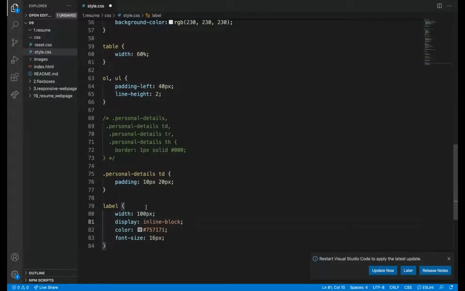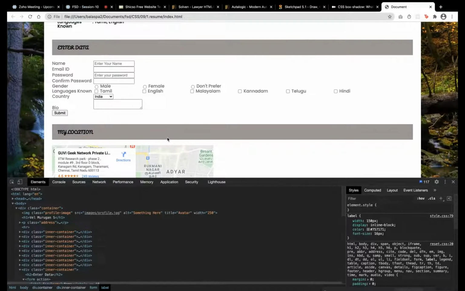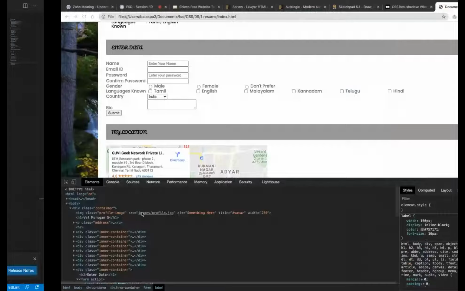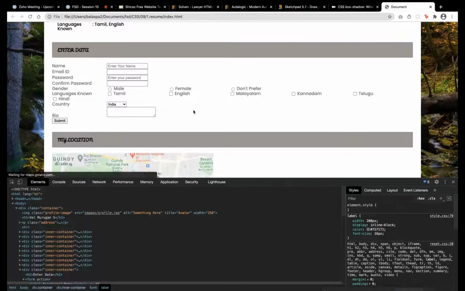I can increase the width a little bit also. Fine. For now, all the lines are coming in the same line. I can increase a little more. Fine. All comes in the same line.